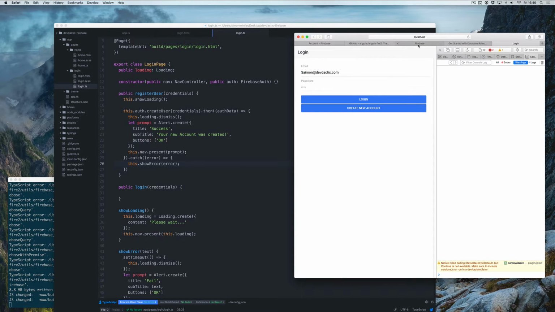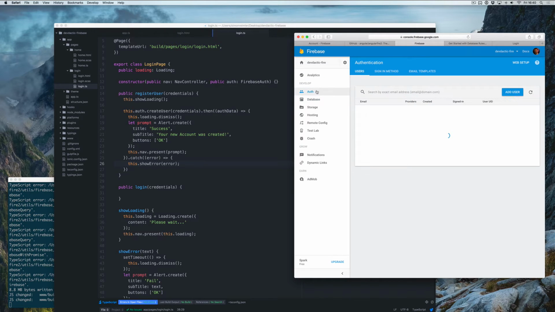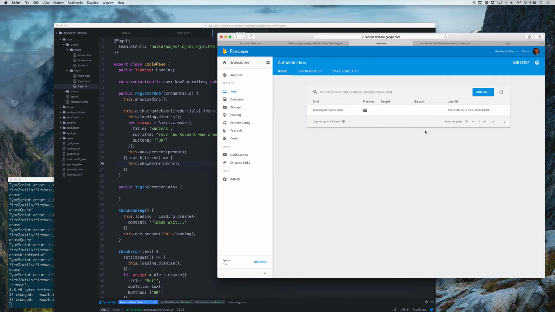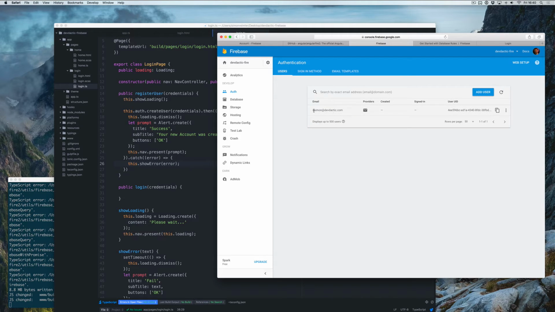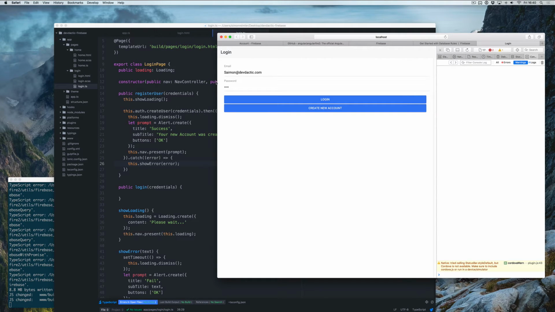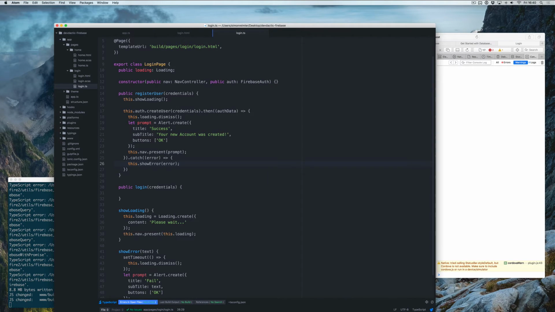So let's see, where's our Firebase bucket? And there we have it. This is the user we just created, user ID. You can disable, delete, or reset the password. I'm not completely sure what will happen. So they have some email template sign up or set up, but I'm not sure those are really automatically sent out. So maybe you have to set up something else for those to work. Anyway, we have our user, which means the registration was actually successful, our view is working,